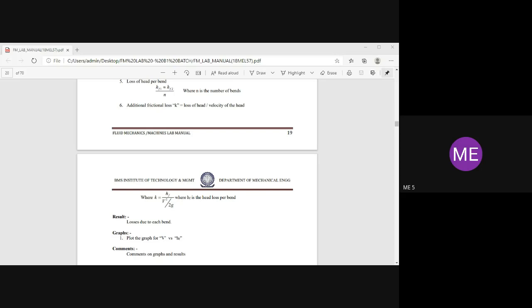In exam also, it should be proper. Either it is in increasing order or decreasing order. You can leave 1 or 2 points, no problem. But you have to join the points. Don't leave just marking the points. It's not to complete the graph. You have to complete the graph by joining the points. Okay, sir.